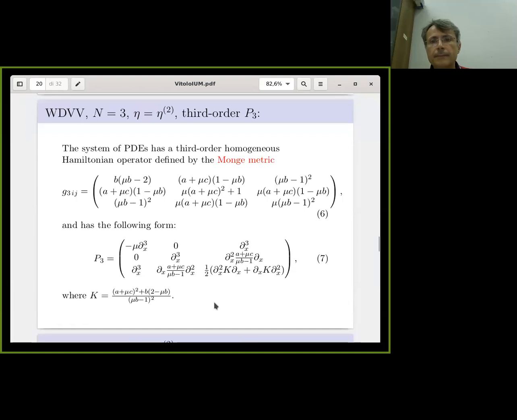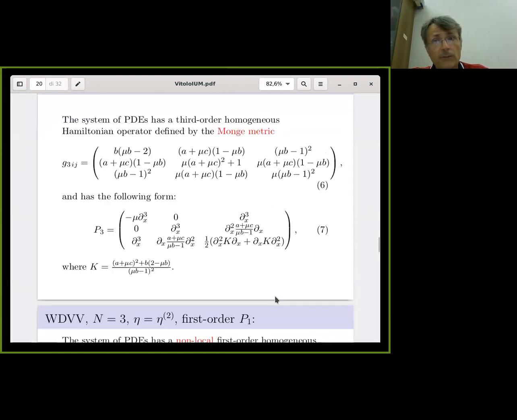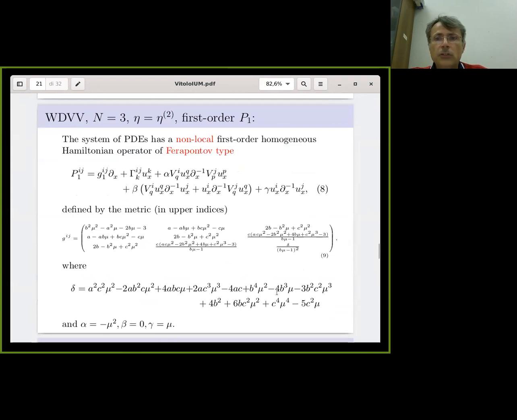Okay, and then let us see the form of the third-order operators. So this is the metric of the third-order operator in the case eta 2, because in the case eta 1 it was already known. In the case n equals 3, we have a third-order operator which is of a form which is not extremely complicated. Okay, but then in these coordinates, of course. And then the first-order operator. Now, again, this is a first-order operator of a Ferapontov type. Well, first-order non-local operators